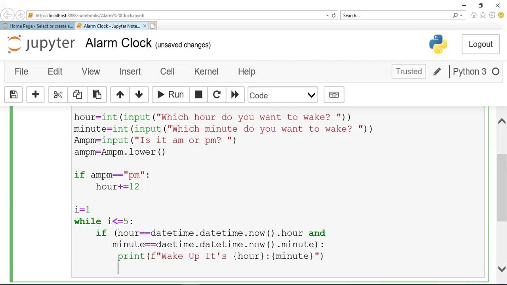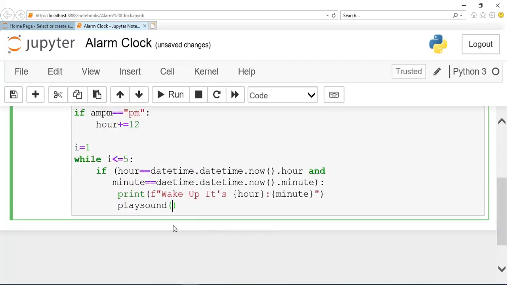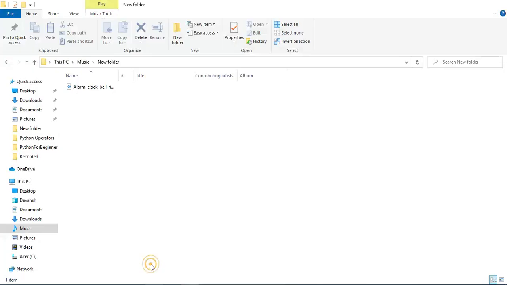Okay guys, and then guys we will play a sound. So guys, for playing sound we will use playsound module, and in parenthesis we will give the path of the audio which we want to play. So guys, I have downloaded an audio, so let me copy its path. This is the audio, guys.